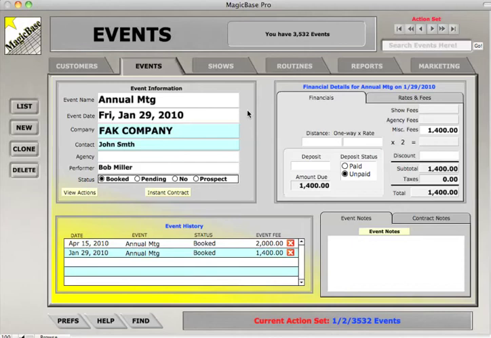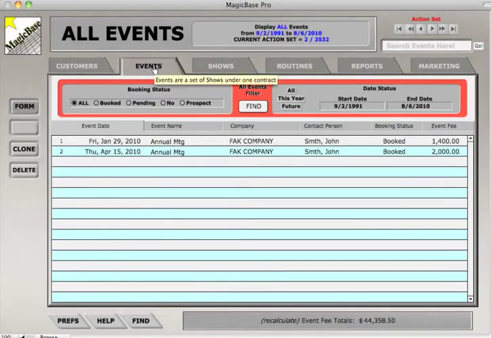This is an overview of the All Events screen in MagicBase Pro. Now the All Events screen can be found by clicking on the Events tab a second time. Currently we're in Form view of the Events screen. If I click a second time, I go to List view of the Events screen, which is also called the